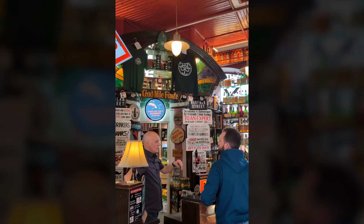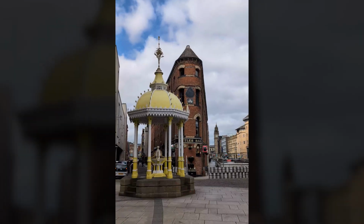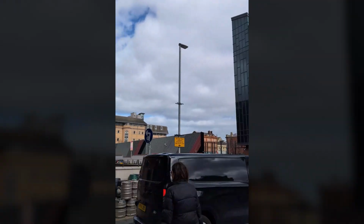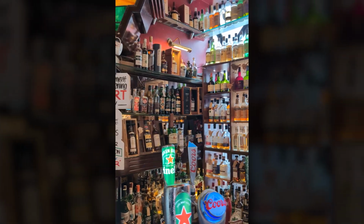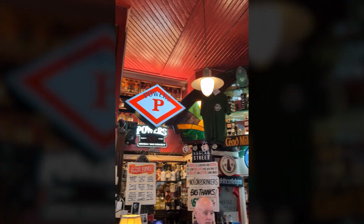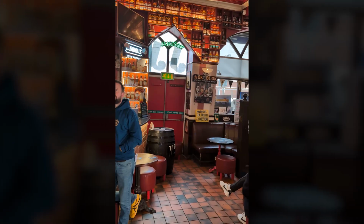Next pub. This Belfast pub is one of my best ever. The Bittles Bar. It's pub number 3 on our Belfast route. Let's go and get a pint. There are few pubs that are as instantly recognisable as one of the most recommended ones in Belfast, and it resembles a mini version of New York's Flatiron Building. It was originally opened as a Victorian gin palace, but today is celebrated for its vibrant art-filled interior and eclectic atmosphere, where the walls are adorned with portraits of Irish literary figures, political icons and sporting legends. And it doesn't come much more legendary than the owner, John, who famously doesn't serve Coca-Cola or half pints